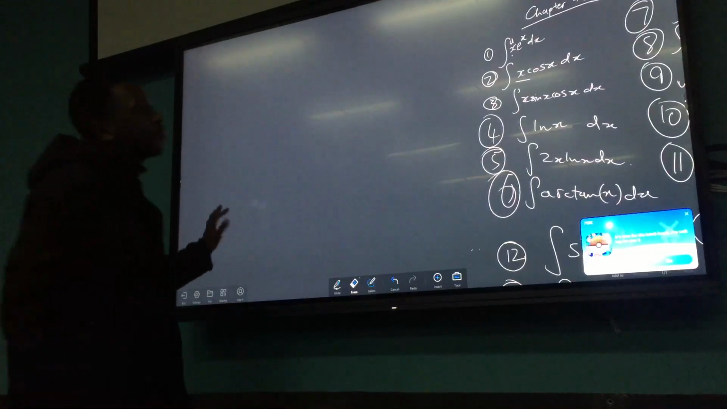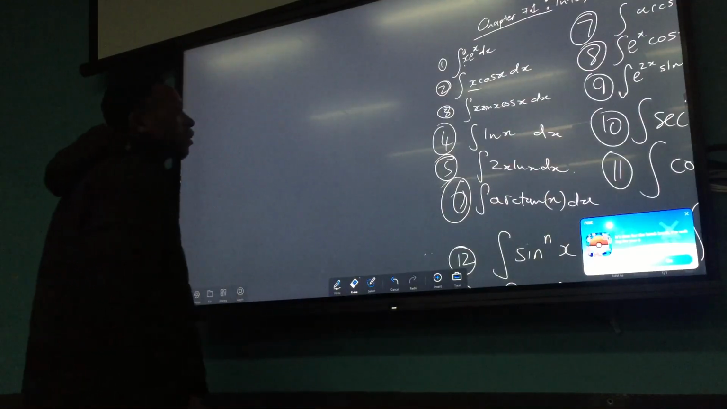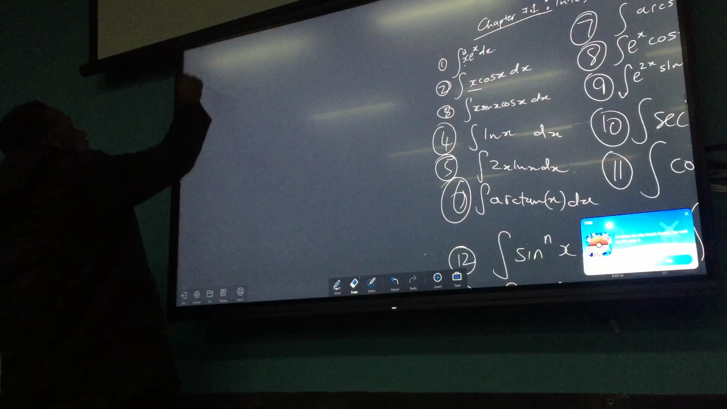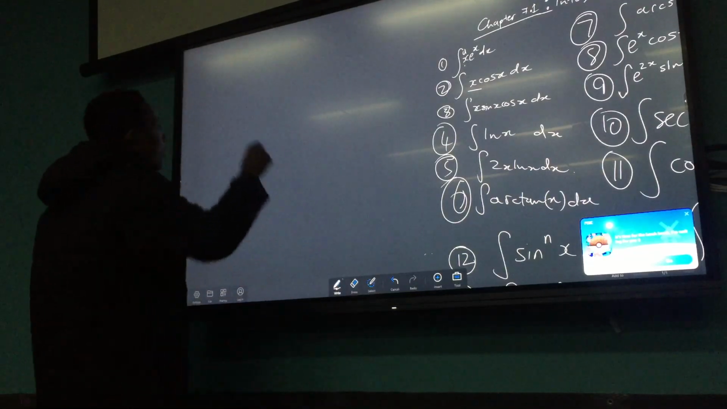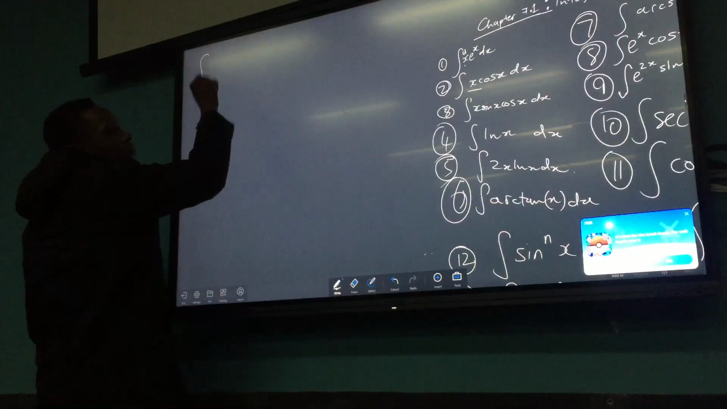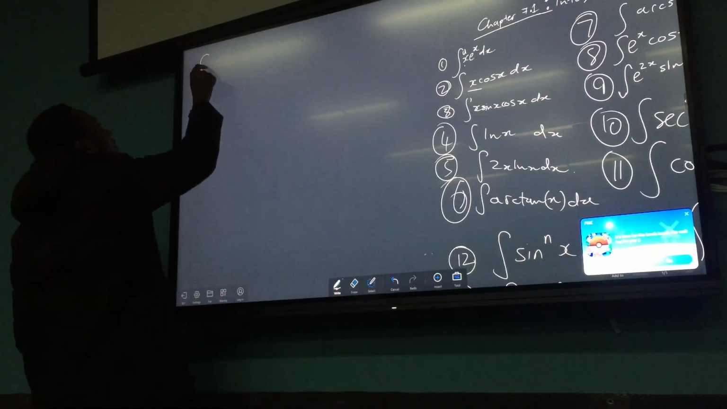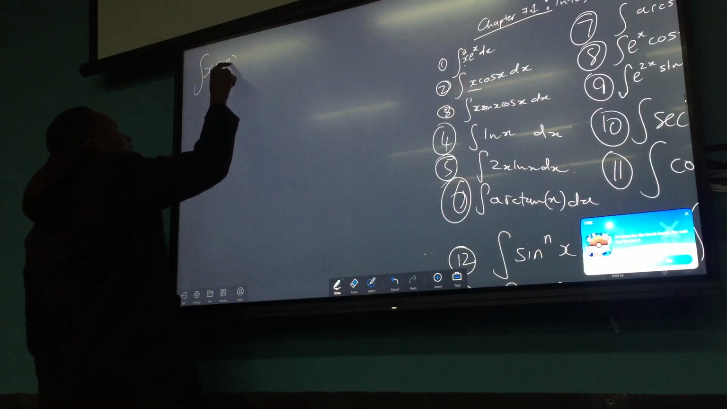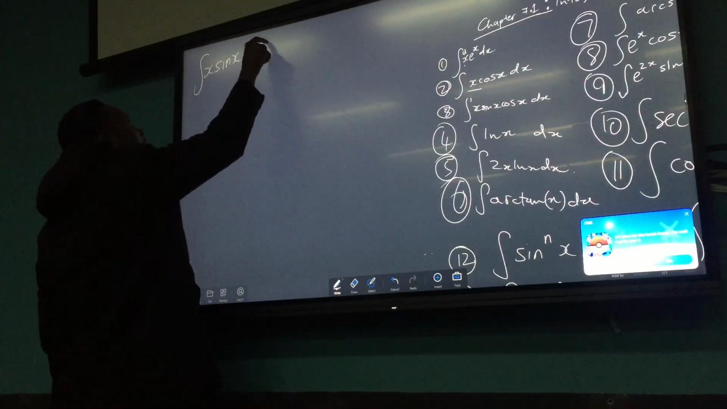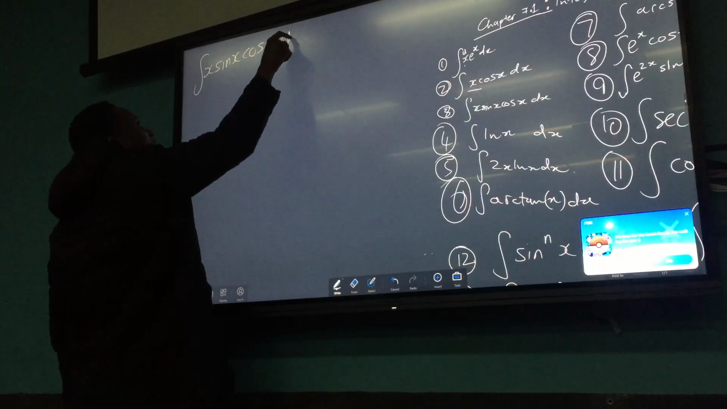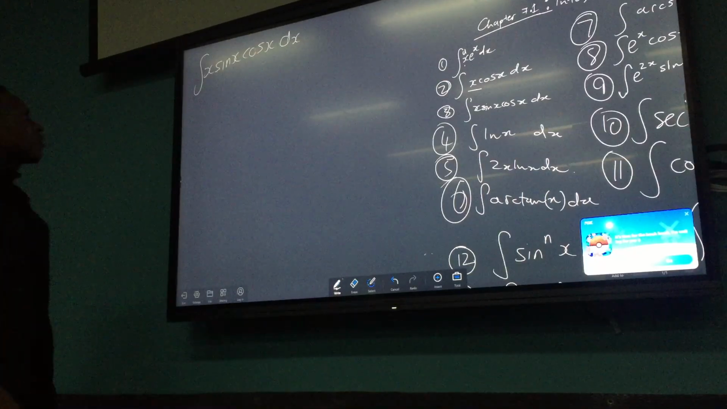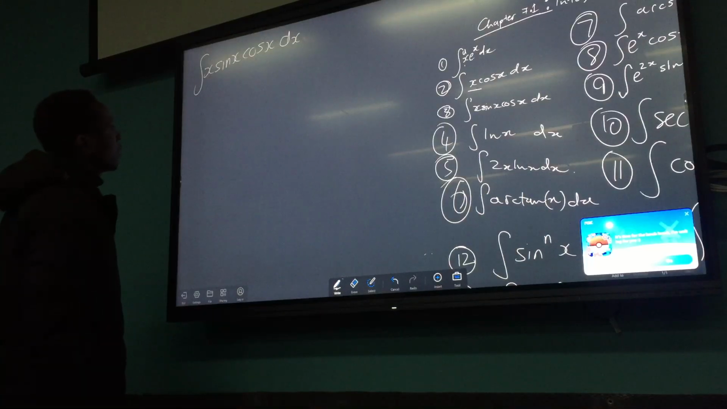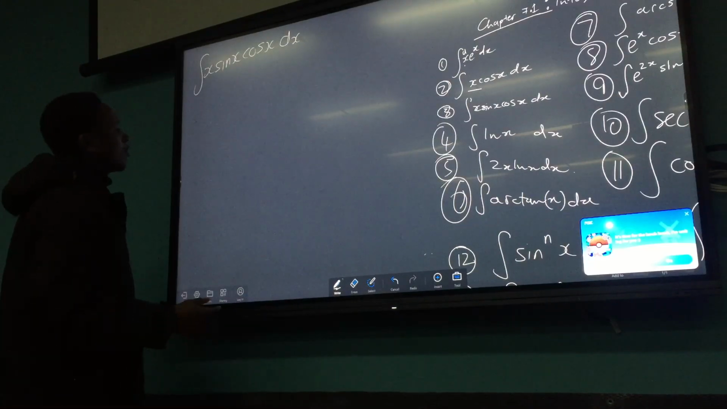Okay, so now I'm going to do example 3. It's a bit tricky compared to example 1 and example 2. So example 3 says, you are asked to find the integral of x sine x cos x with respect to x, right? So it looks tricky at first, but it's actually an easy one because you have that identity